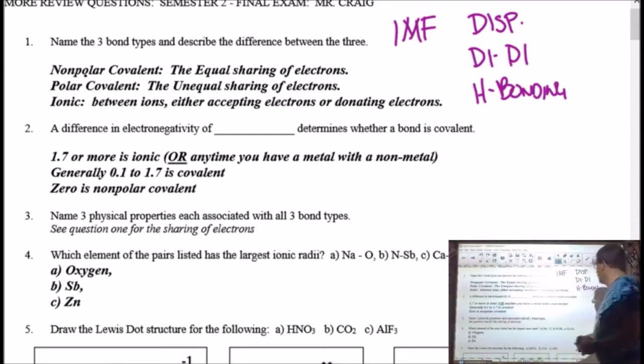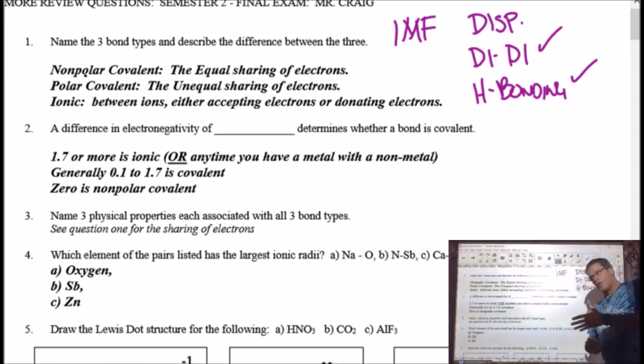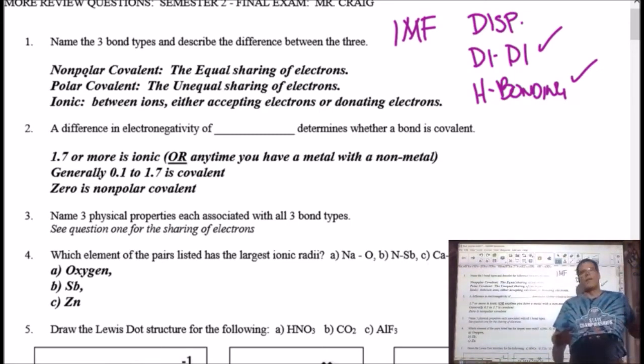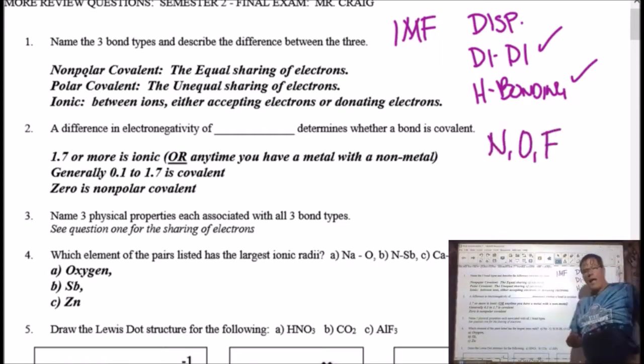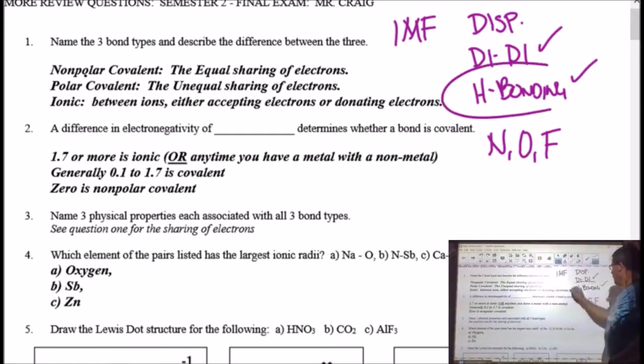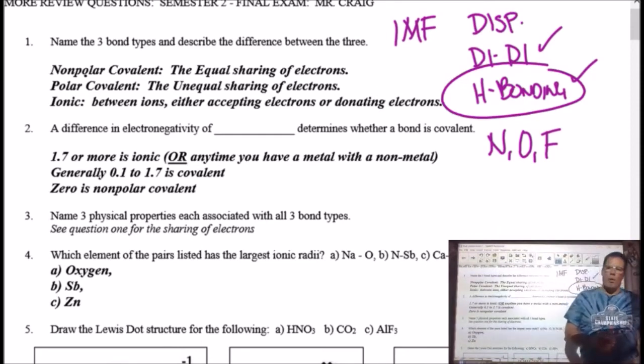And so now it falls under the criteria, do we have a dipole-dipole or a hydrogen bond? Well, if there's no hydrogen on this molecule, yet it's polar, then we have dipole-dipole. If there is a hydrogen, then we have to look at one other thing, and that's whether the hydrogen attached to this molecule is bonded to either a nitrogen, an oxygen, or a fluorine atom. Now again, these are within the molecule, and I know it's kind of wacky to be thinking about that. But that does allow for the stronger hydrogen bonding, which causes higher boiling points, higher melting points, and